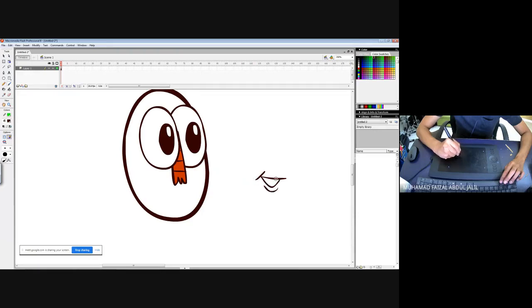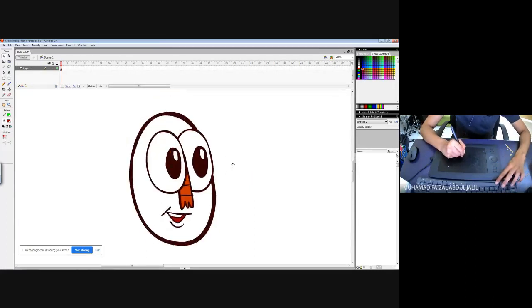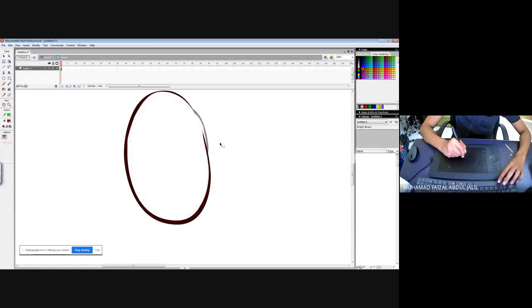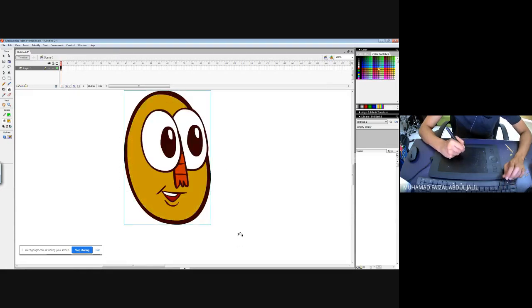If you get used to the brush tools, you don't need pencils or sketchbooks to sketch out your work anymore. Select all, Control, group, and then put it right here. Now the colors are here. If I want to add some colors, just double click and I can paint. This one, just now I accidentally moved the shapes around. What I can do is Control Z to go back, and just paint it back.